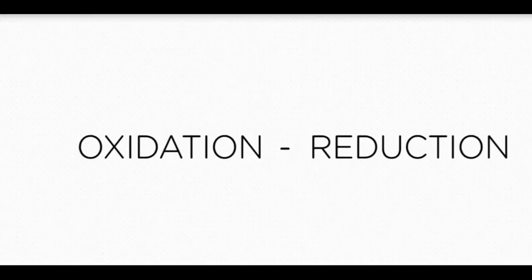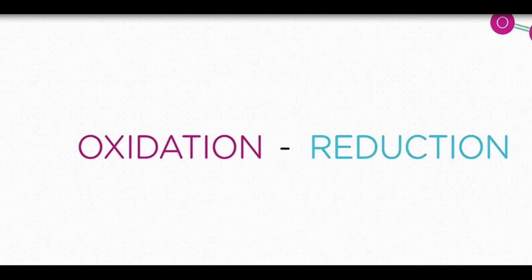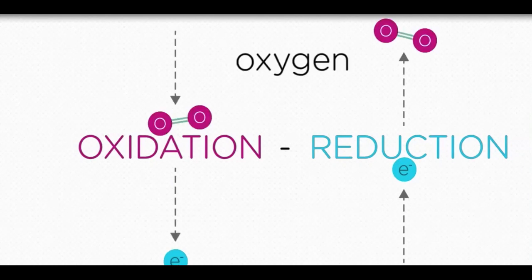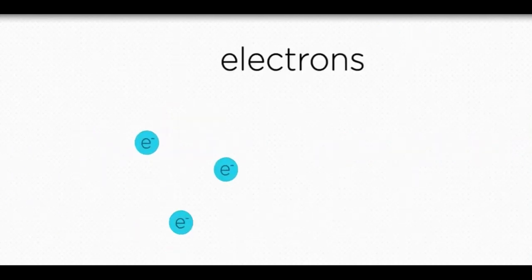Dear students, to summarize today's class, oxidation is gain of oxygen, reduction is loss of oxygen. There is another way to define them. Oxidation is loss of electrons and reduction is gain of electrons. Electrons are negative. Gaining electrons makes an element more negative. In other words, it is reduced.